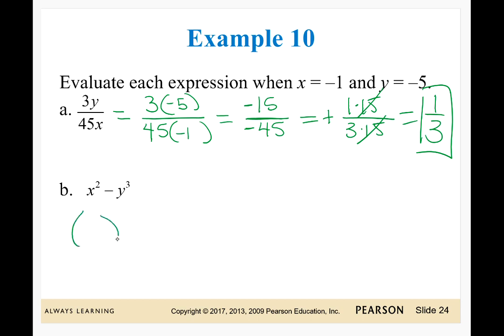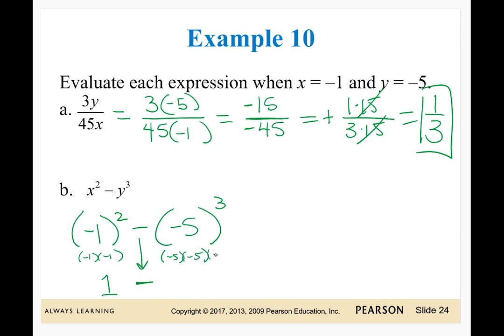All right, B, same thing. Start by having our skeleton. Okay, instead of an x, we're going to put negative 1, and instead of a y, we're going to put negative 5. So negative 1 squared, that is negative 1 times negative 1, which is positive 1. And we're going to bring down the subtraction sign. Do this here. This is negative 5 times negative 5 times negative 5,